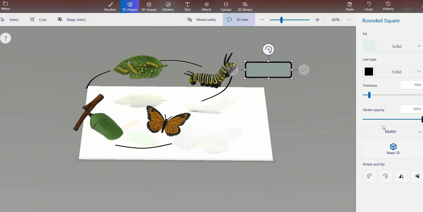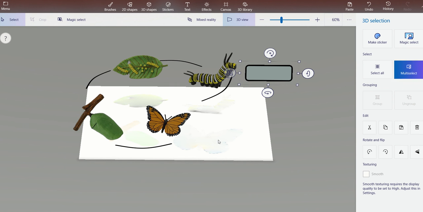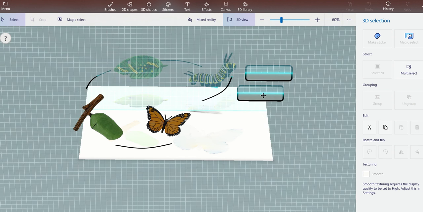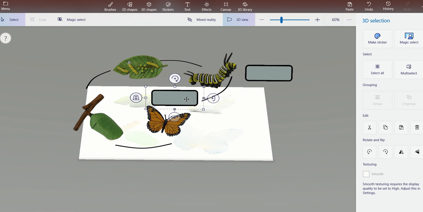So this is how, and again if I need to make it a 3D, I can go ahead and make it a 3D, and then obviously it is in my hand how I want to rotate it. It's either way, but I can adjust it like this. Okay, so then what I can do is press Control C and then Control V to generate this image, and I can drag it over here for this butterfly portion if I want it. If you don't need it, you can always create a separate one.